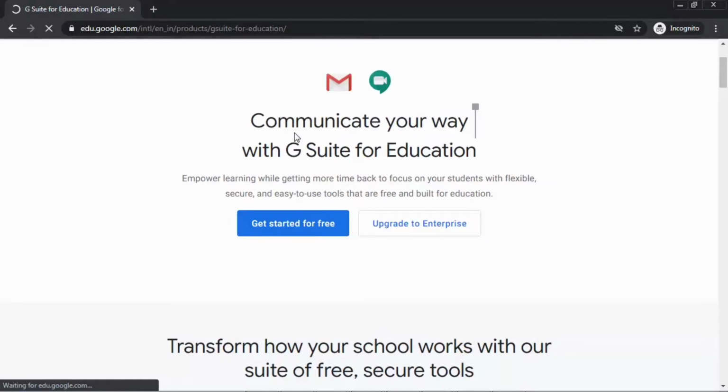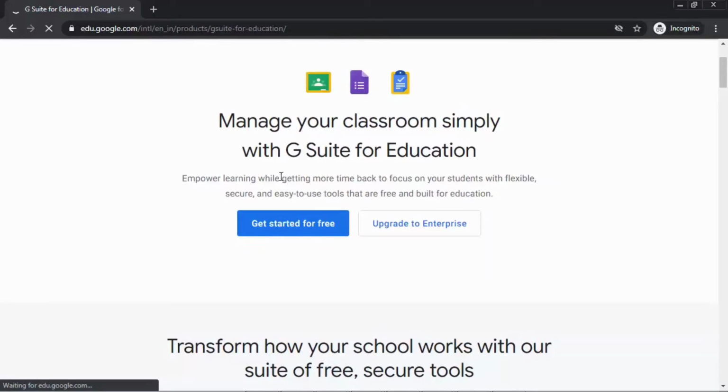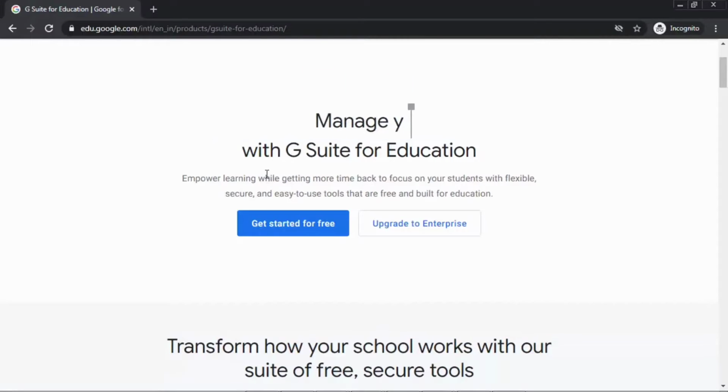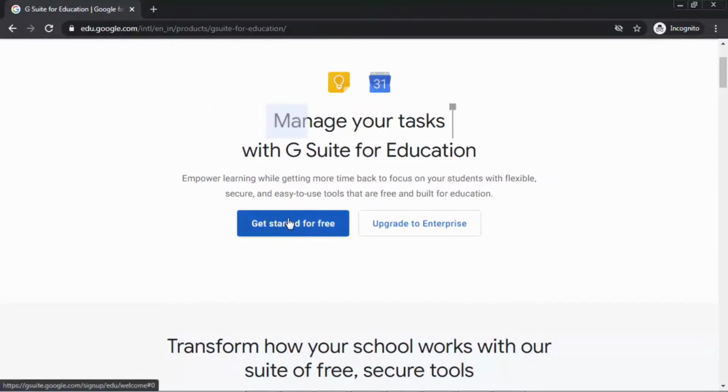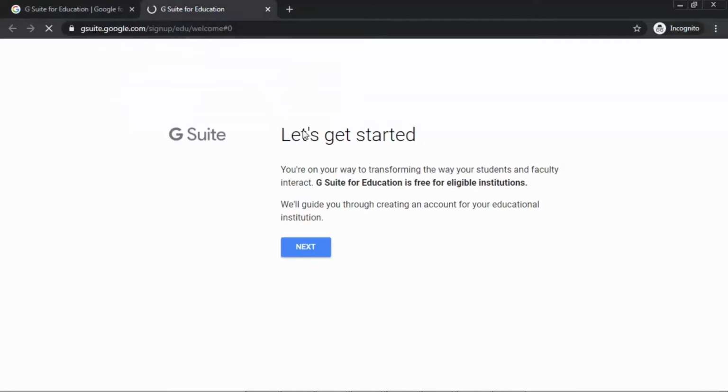Communicate your way with G Suite for Education, manage your classroom simply. I'm going to show you how you can do that. Just click on this get started for free and it will open up a new window. I will walk you through the steps. This is the first step for signing up for G Suite for Education. You are on the way to transforming the way your students and faculty interact.